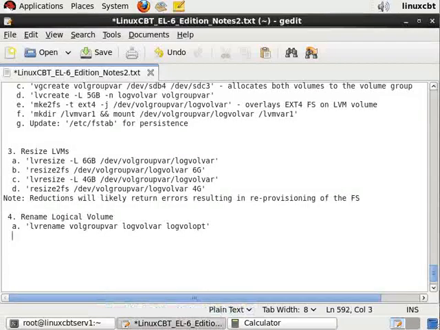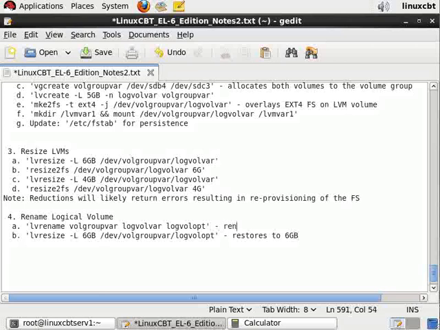Let's just note what we've done here. LV resize, restoring it to 6 gigabytes, dev vol group var /log_vol opt. This restores it to 6 gigabytes and renames the volume, not the volume group. And if you'd like to rename the volume group, there's also VG rename. So 5, rename volume group